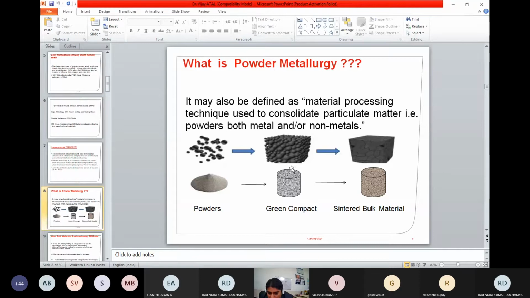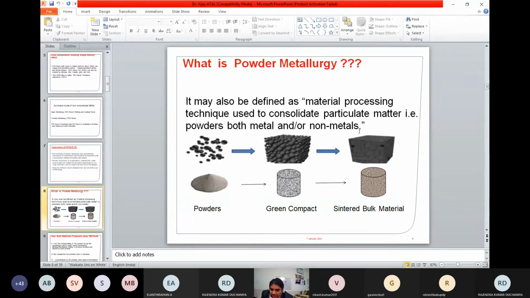It is called a green compact, because the particles are unbonded and just intact to each other, and there is no interparticle bonding. This particular condition is called green compact. Production of the green compact is essential because it makes the powders easy to handle, and also a shape of the final material can be obtained.